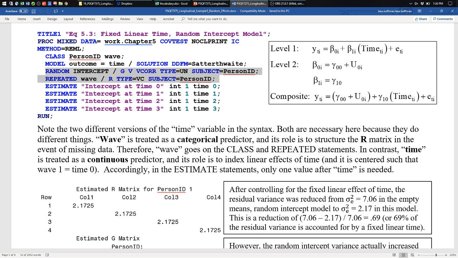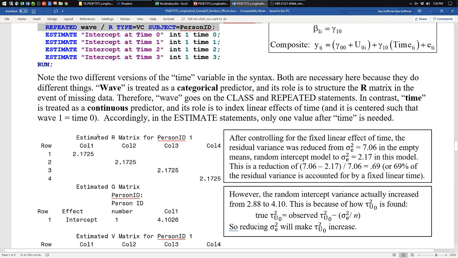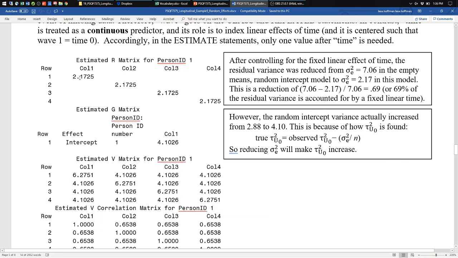So is time a level 1 predictor or a level 2 predictor? Level 1, yeah, right there, right? Therefore, is it going to predict the E variance that's at level 1, or U variance that's not at the same level? E, yeah. So we can quantify, in addition to whether or not the fixed slope for time is significant, how much variance we've explained by adding it to the model. So my residual variance in my R matrix used to be 7, now it's down to 2.